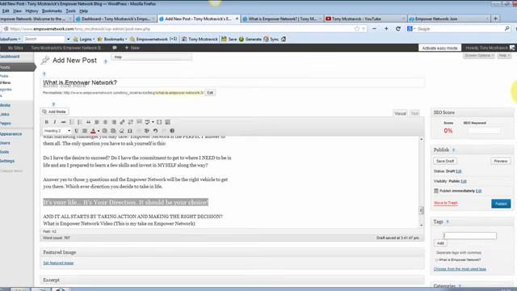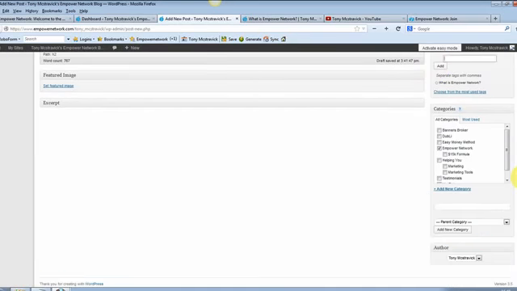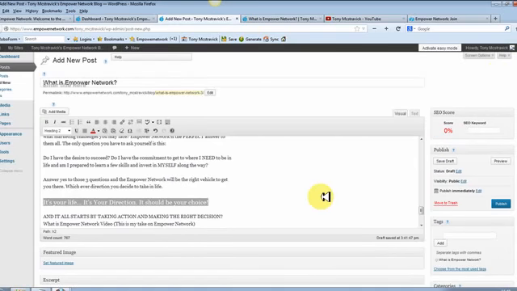So when the search engines come along, they've got the keyword in here, they've got the headline, H2 tag, H3 tag, sprinkled throughout your content. We've got an external link, we've got the anchor text, we've got the tag in here. Now all we need to do is create a category. I'm going to put it under Empower Network, but if you didn't have a category and you wanted to create another category, a different category, you just add new category and pop it in there. Simple. That is your blog post optimized for the search engines. If you're not putting any images in or videos in,